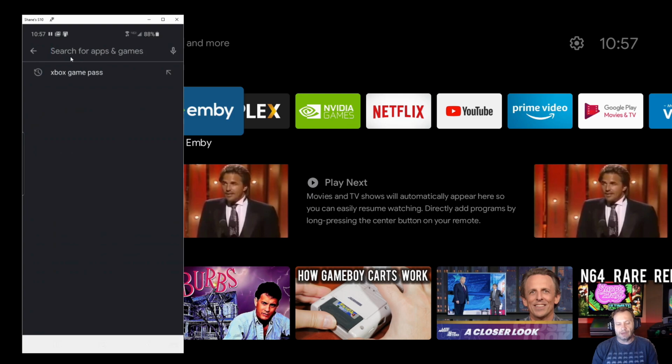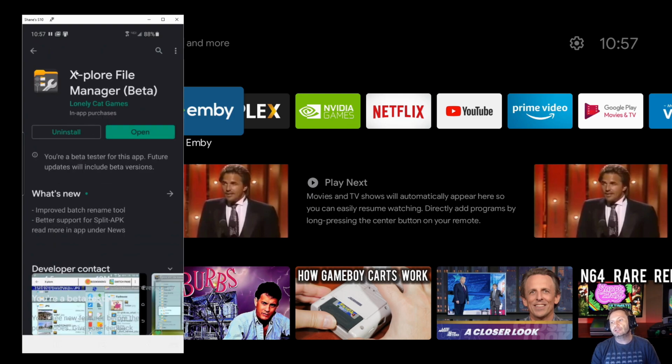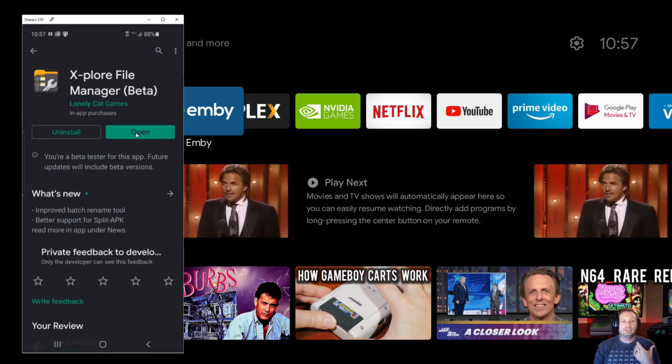So on your Android device, you're going to install something called Explore File Manager. And you're going to be using this frequently to update the APK. There's 101 ways of doing this. There's a million ways that you can get an APK onto a Shield TV. I'm going to show you the way that for me is easiest, that can be done repeatedly, quickly, over and over again. And you'll understand why when we're done. But namely because you're going to have to update that APK on the Android TV yourself. And because it's still early on, there may be more and more versions of the APK, so you're going to want to be able to do this quickly.